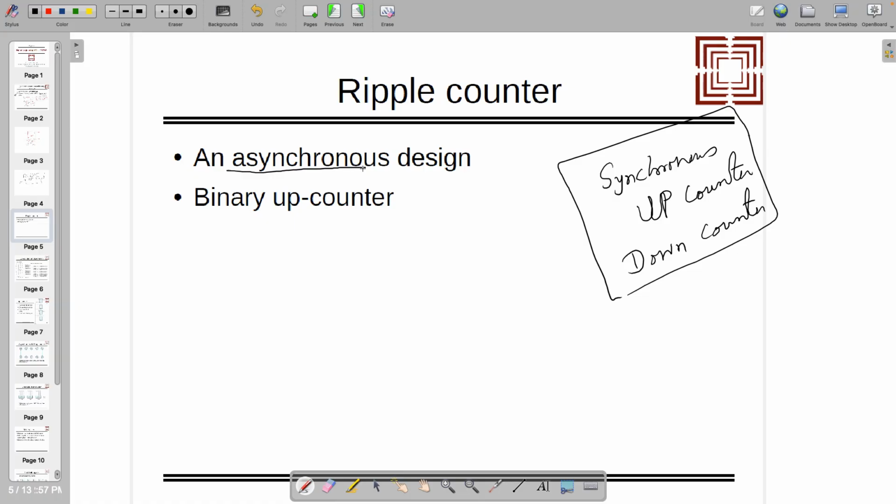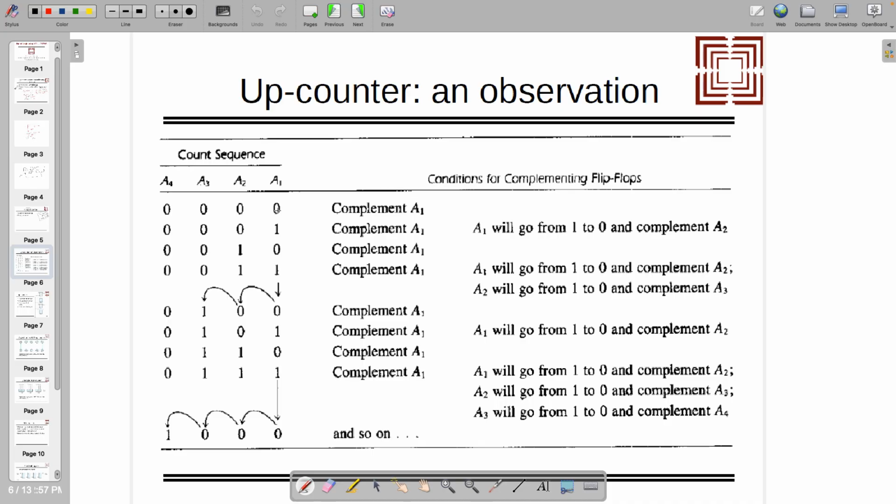We are going through some observation. By the way, the ripple counter is the one where you can observe something, and through that you can understand where the name came from. If you look at the 4-bit up counter, every time the last bit is getting changed, it's always giving the ripple. If you draw that, it's oscillating, so it's 0 1 0 1 0 1. This is one thing.